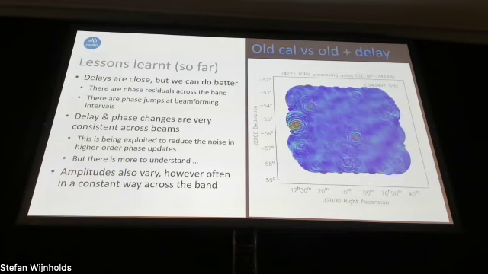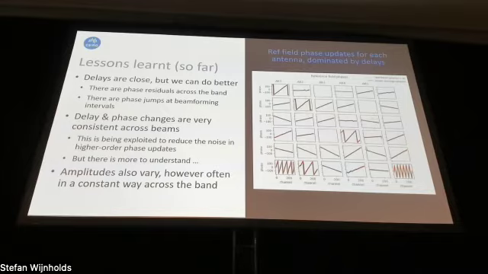But quite nicely, those changes are really, really similar across beams. So here I show 36 antennas, and in each plot I've got 36 black lines that are all the change in the phase calibration update on the reference field for the 36 beams. And you can see they all lie right on top of each other. And they're mostly delay-like, right?